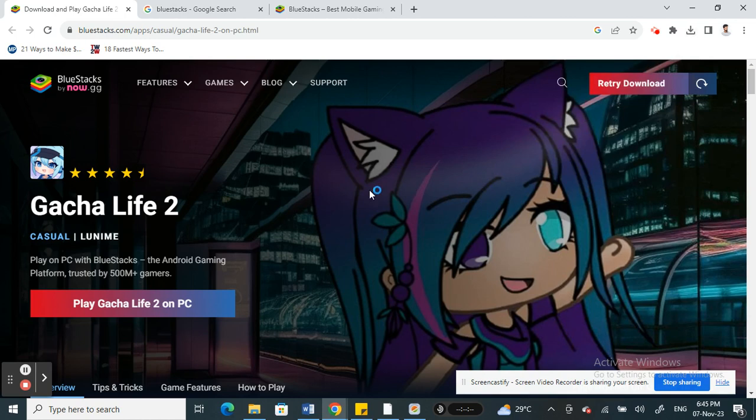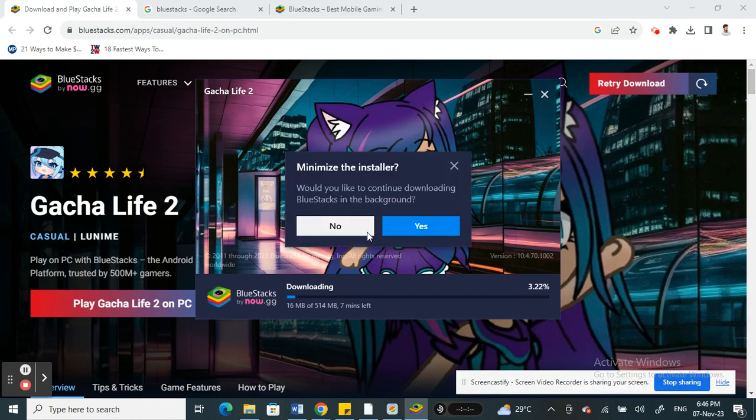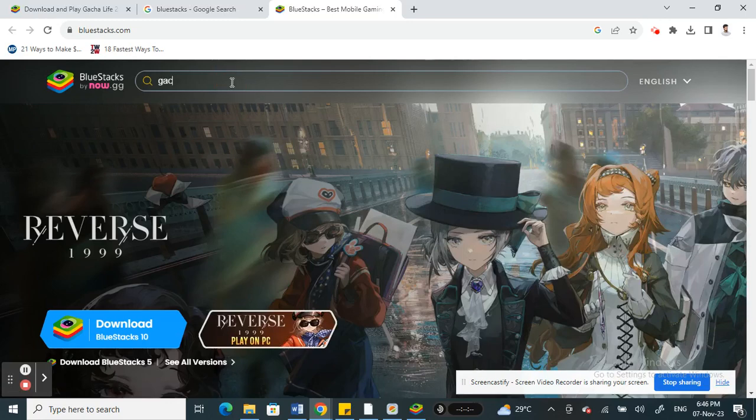Firstly, install BlueStacks. All right, so now it's going to download and install. Once BlueStacks has been downloaded and installed, you can simply go to the search bar here and search for